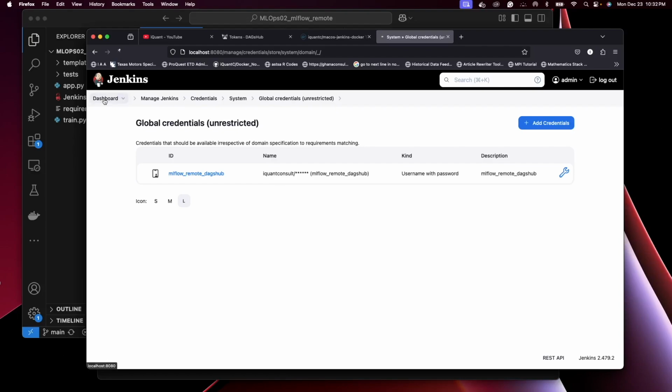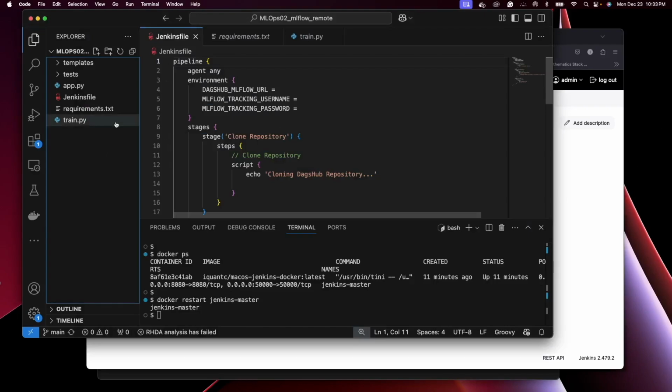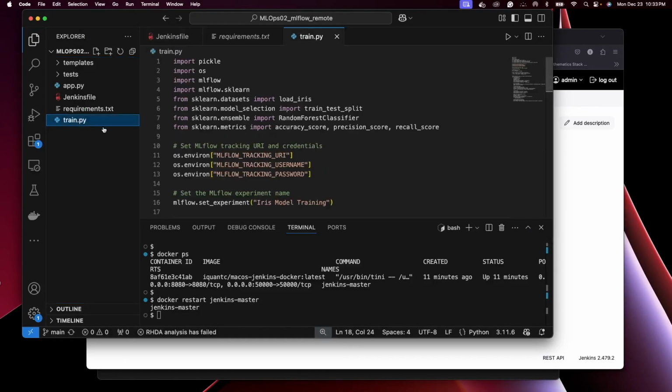Now let's go back to the dashboard. I'm going to create a pipeline job that will run this project. Now, before I do that, let's do the changes in our Jenkins file. Okay. First off, in our train.py, I have these values. I have the tracking URL, and I have the username and password. The tracking URL, since it's DagsHub, this is https://dagshub.com/iQuant Consult/